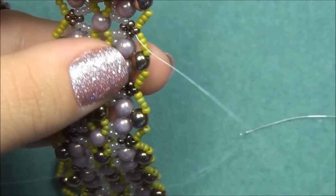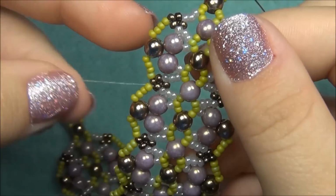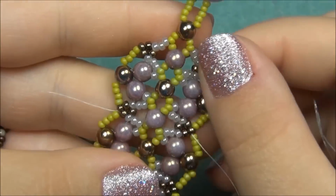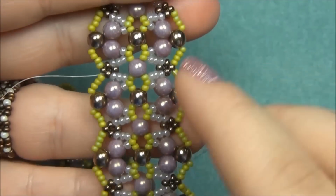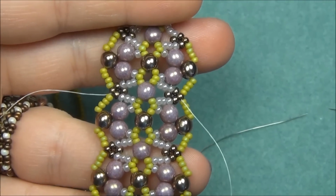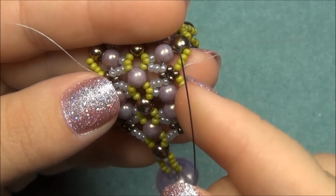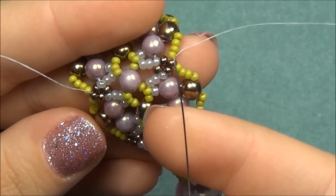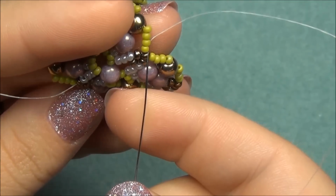And now I'm ready to tie my half-hitch knots alongside here. So if you had any problem with that, just rewind it and watch it again, because I did it twice, one on each side. So now we're ready to tie our half-hitch knots. Now for the half-hitch knots, I'm going to take my needle, exiting out of this seed bead. I'm going to go through these two 11s,